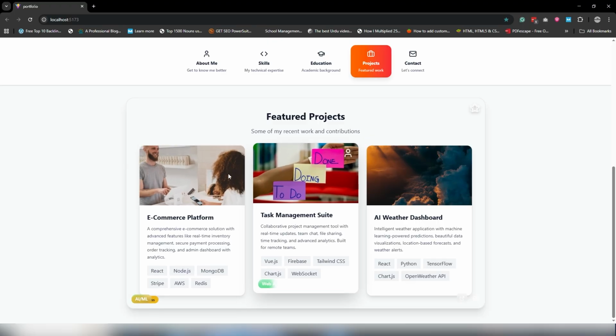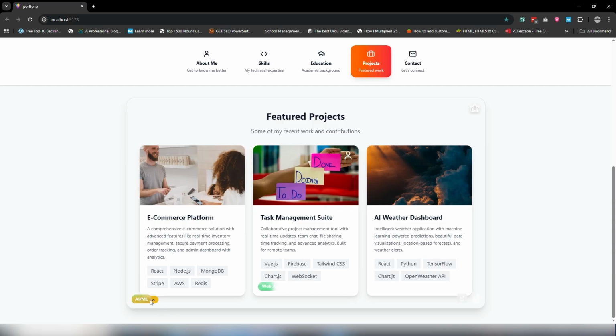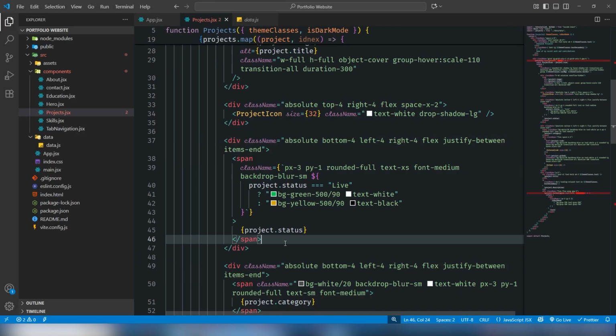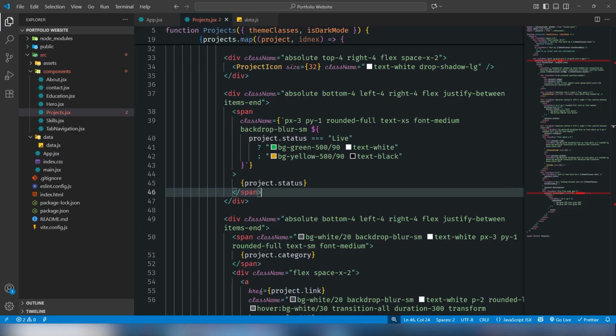Right, I'm getting a result. As you can see, the icons and some other options are available on the cards, but we would say